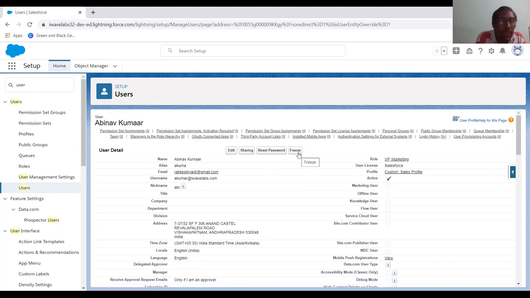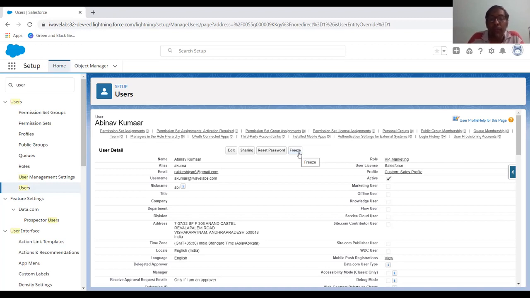It is not possible that he can have the license, right? Whereas freezing. So freezing means what? Totally everything will be intact, right? It will be stopped, right? When I click on freeze, everything will be frozen so that he cannot use anything, but the license will be available with you, right?